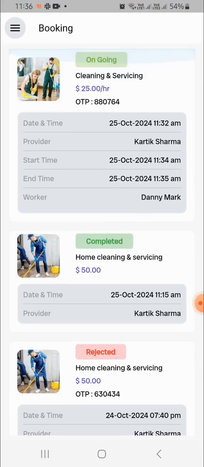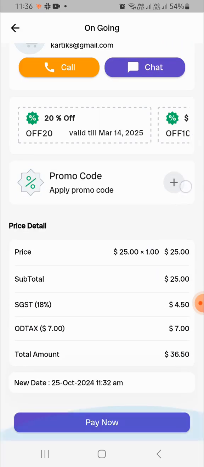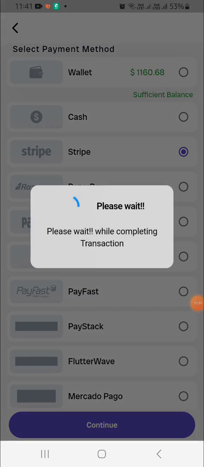Go to the customer app and open this booking screen. Click on the pay now button. Now let's complete this payment using Stripe. Select Stripe and click on the continue button.